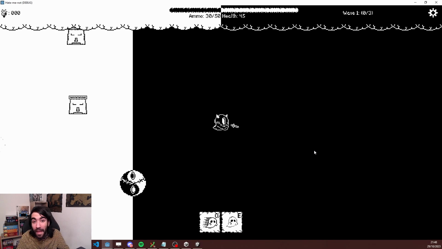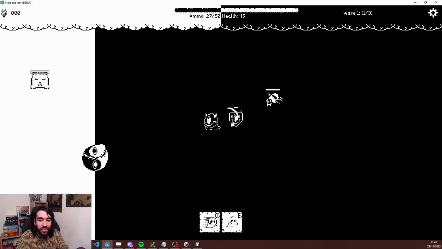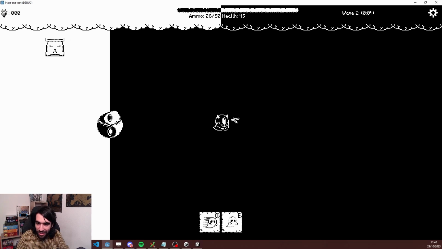And before I forget, we actually implemented also the small dagger, which is just slashing a little bit the enemies. We're gonna also add a secondary ability for this one, but this you're gonna see in one of the next videos where we're gonna be doing more weapons and more secondary abilities,